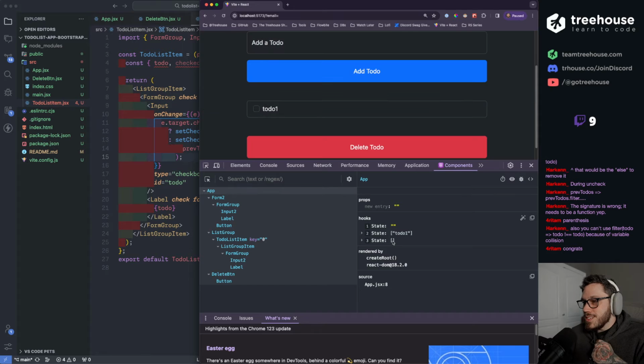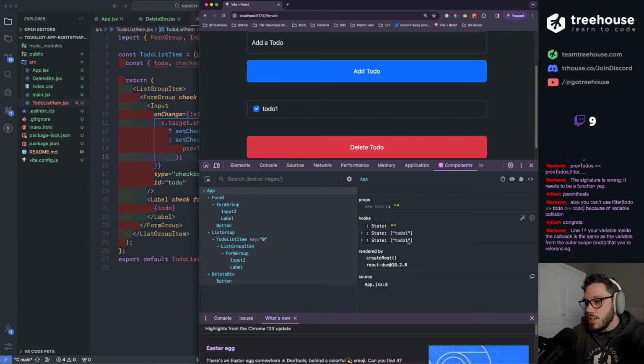Okay, so now that we have a state set up for the to-dos in here, I think that should be super easy to delete the to-do, because then we could just literally filter what's in this state, or we can look for those indexes in this state and then delete them.